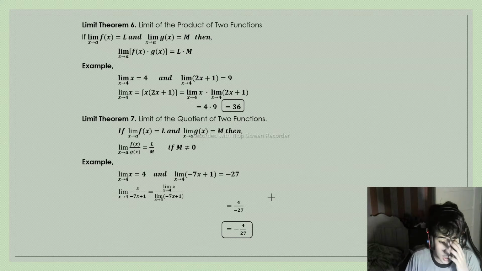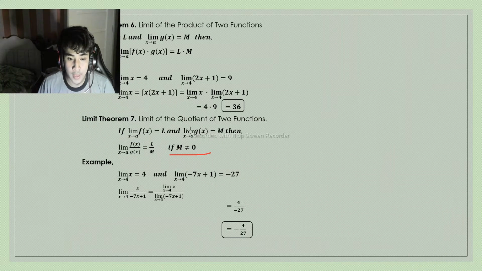So dito naman tayo sa limit theorem 7, wherein limit of the quotient of two functions. If limit of f of x as x approaches a is equal to L, and limit of g of x as x approaches a is equal to m, then limit of f of x over g of x as x approaches a is equal to L over m, wherein m is not equal to 0. So limit of x is equal to 4, example natin to, and limit of negative 7x plus 1 is equal to